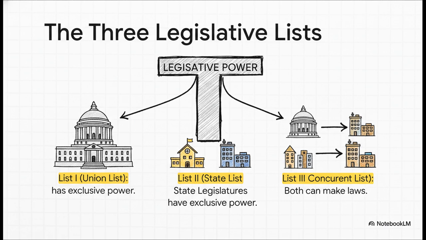All right, before we get into the weeds of the conflict, let's just do a quick reset on the basic framework. As you know, in India's federal structure, legislative power is split up. Parliament has exclusive domain over the union list, state legislatures get the state list, and then there's the concurrent list, where they can both make laws. This division of power is the whole reason Article 254 even exists. It's meant to be the referee when laws from these different lists inevitably clash.